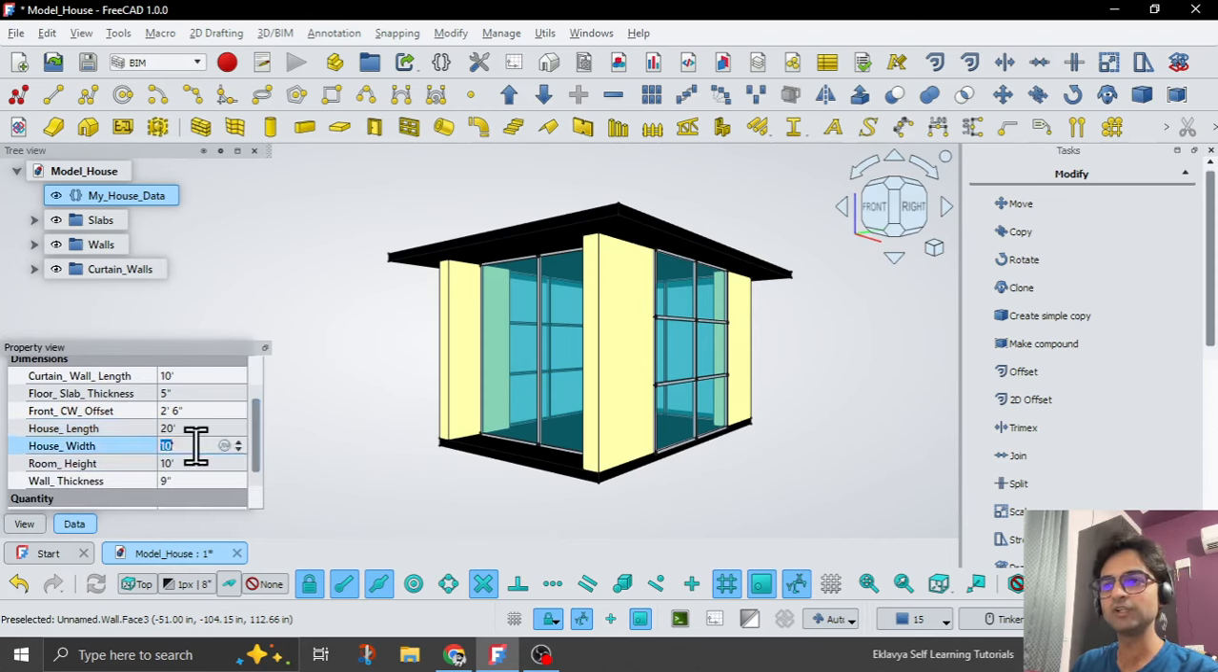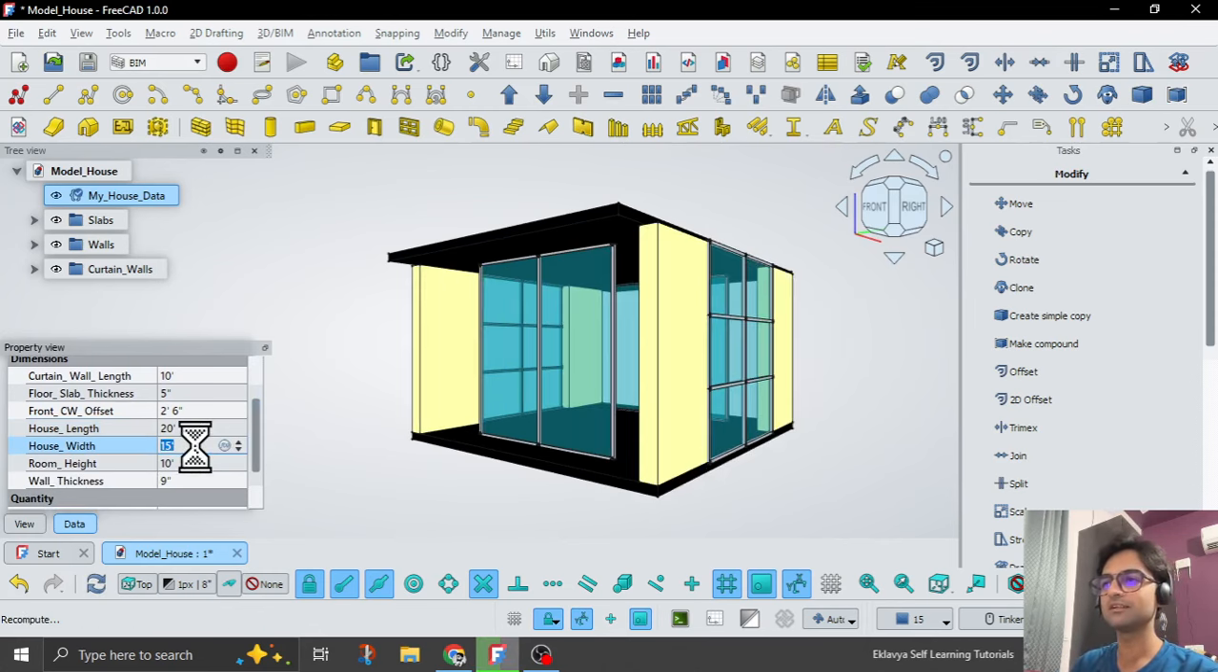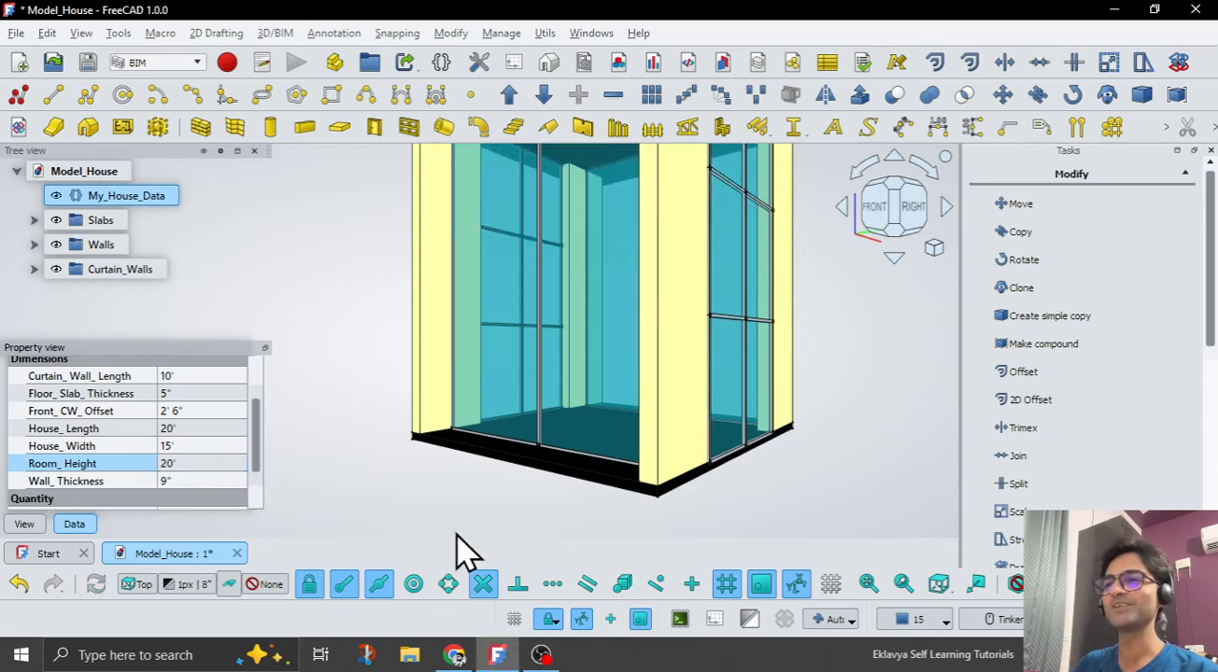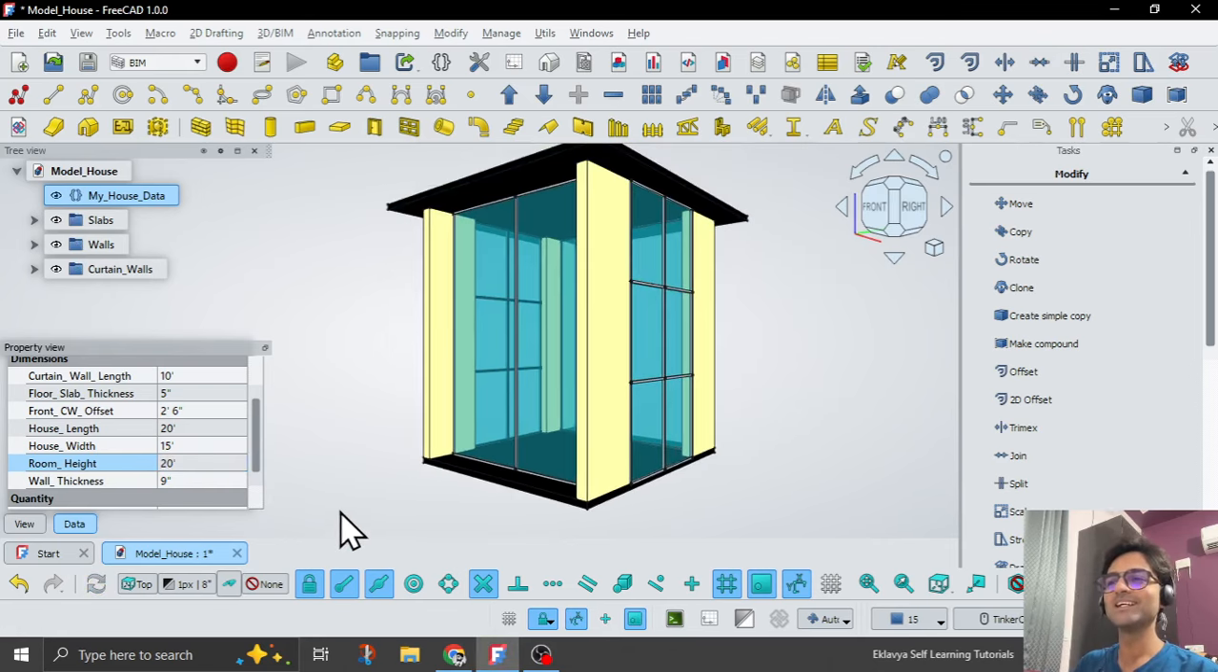Then we have house width 10 feet. Let's make it 15 feet. So you see curtain wall getting enlarged. Room height is 10 feet. Let me make it, just for reference purpose, obviously it won't be that much, 20 feet. It's gonna be huge. So you see, so let me just reduce it. So it would be like 11 feet is sufficient,